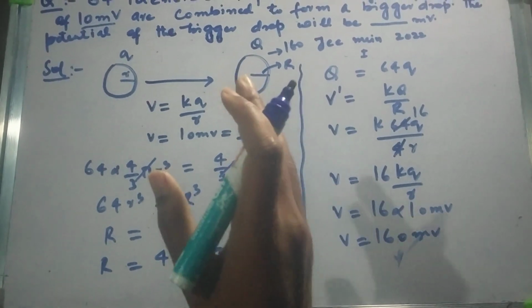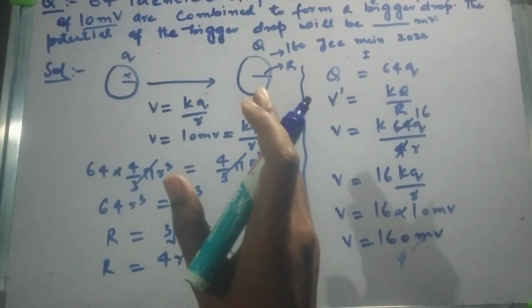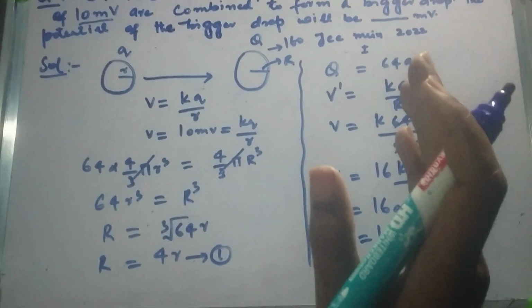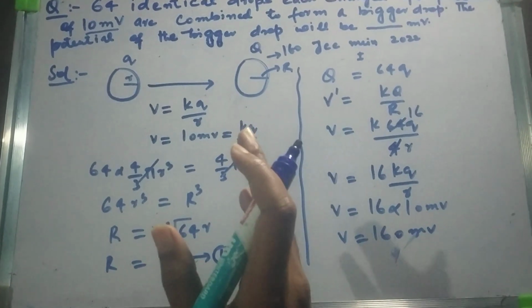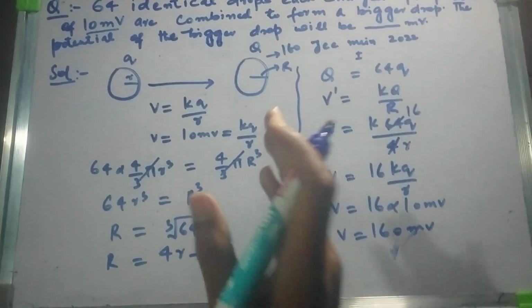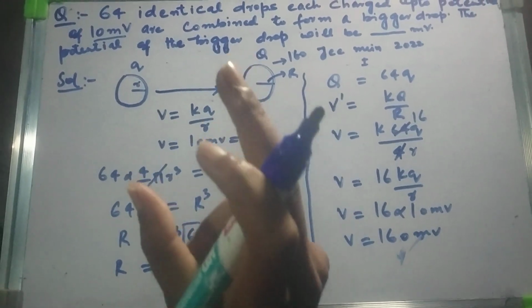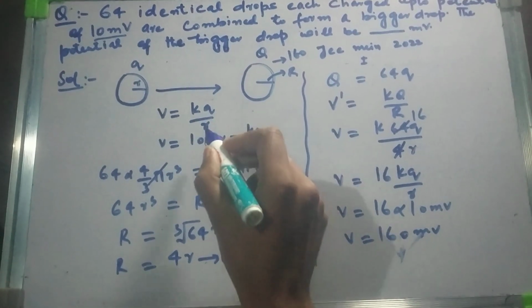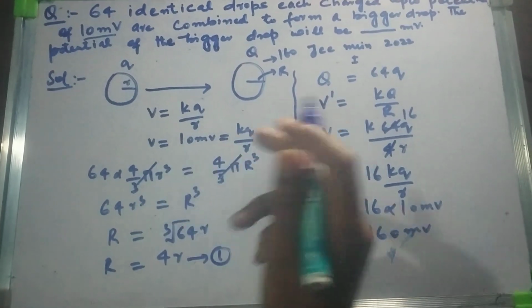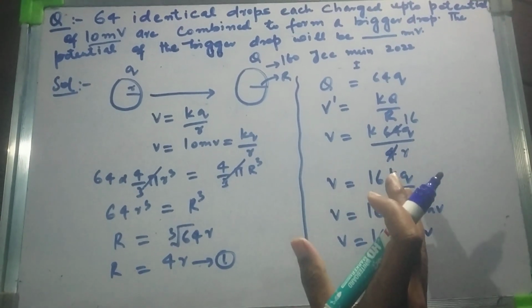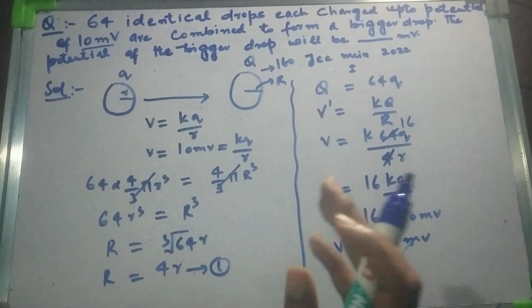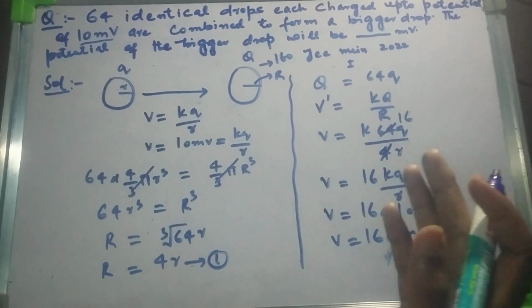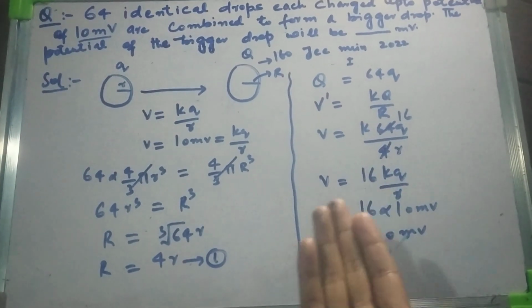Through this question we boost our concept, because this is a very easy question and it has been asked 2 to 3 times in JEE Mains. There is nothing complicated in the concept of this question. We need only one formula, V equals kq upon r, and the volume. Then we get the answer. When we solve such types of questions, our confidence is boosted. We are lucky this question was asked in JEE Mains.